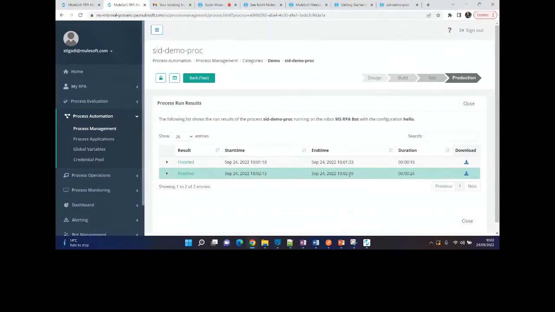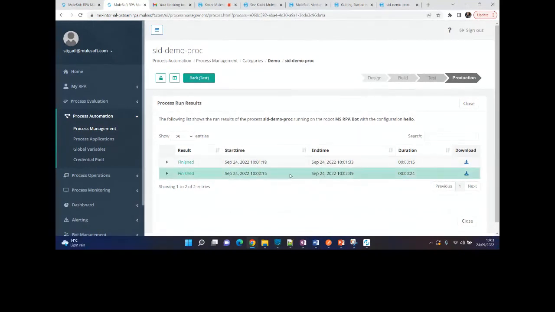To summarize, you can identify a manual activity which you would want to automate, and create a business case in the evaluation stage in such a way that it qualifies for your RPA automation. Once it goes through the approval of the evaluation phase, you can design it, build it using the RPA builder and also the RPA recorder, and then test it using the test cases. You can look at the test results and deploy it onto production.